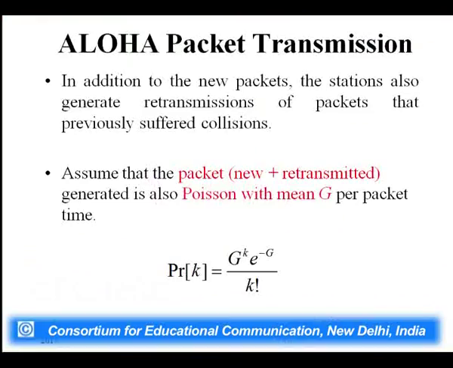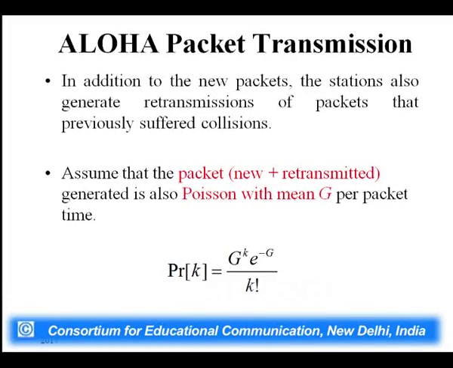So, in addition to the new packets, the station also generates retransmissions of packets that previously suffered collision. So, there are new packets arriving as well as the previous packets which failed to be transmitted, which are also put back in the queue, making another attempt, that is, waiting for retransmission. Therefore, the total number of packets at a given point of time is the new plus the packets waiting for retransmission. So, that is also assumed to follow a Poisson